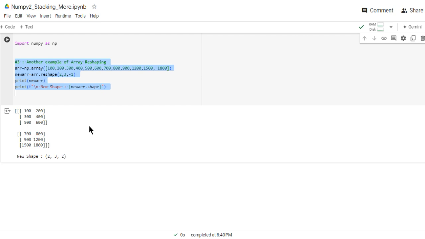Okay, so we have another 1D input array. So we have random elements. First we have an increasing series from 100 to 900 with a gap of 100. Then we have three more elements, 1200, 1500, and 1800. Now we pass the function array.reshape, and the first two inputs are 2 comma 3, and the third one is